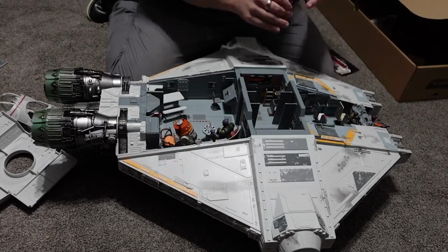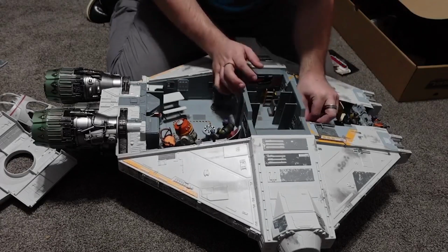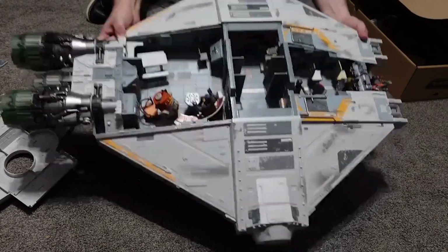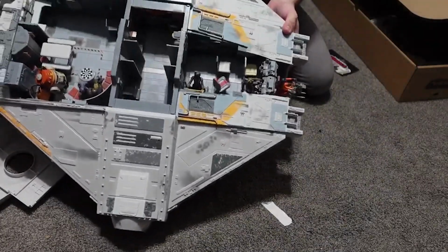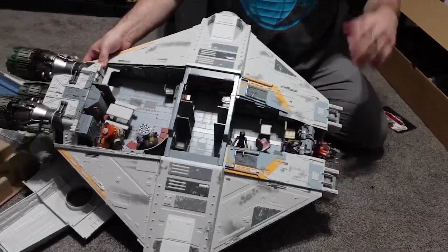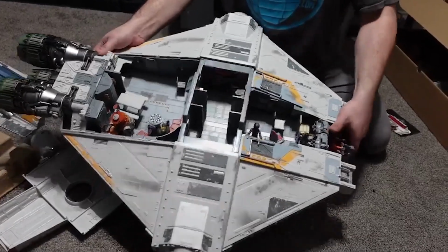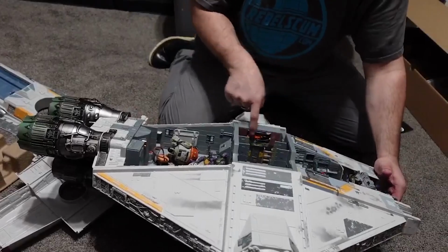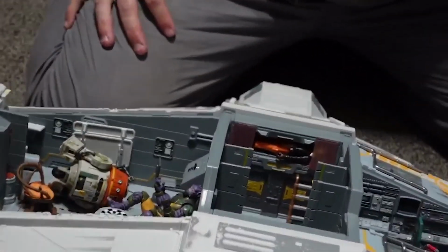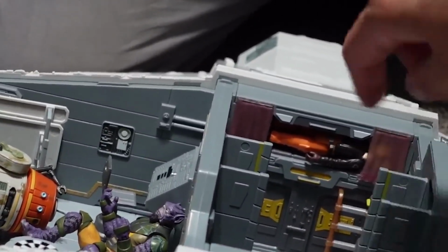You can have them interact with the ladders and such, like they showed in the promo images, regardless if they're 5 POA or not. Can you see? Yep, there she is. There's the 5 POA Sabine on the ladder. Where's Hera at? Oh, Hera is right here. Oh, she's taking a nap. Wow, that's a very confined space there. Is that really how the... oh, okay. I know, I see it now. The bunks are also a little...